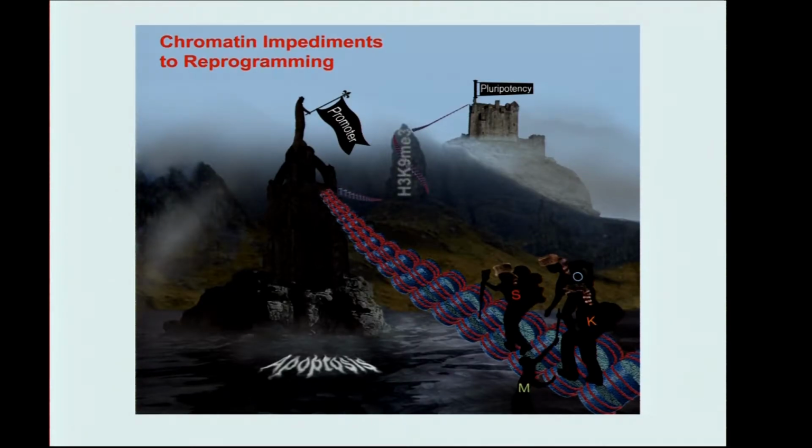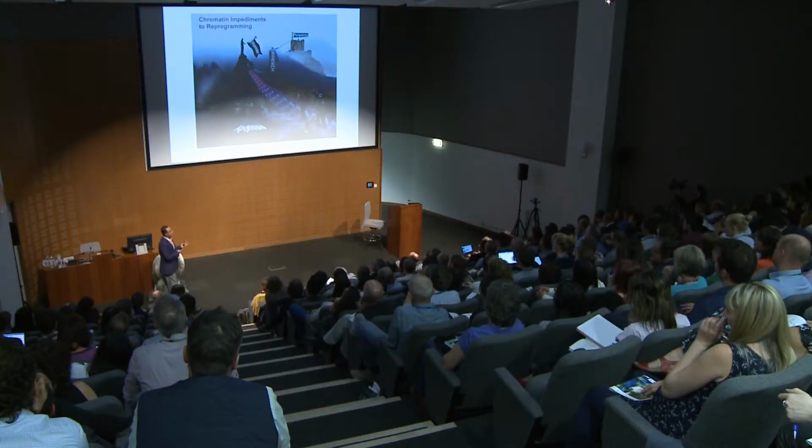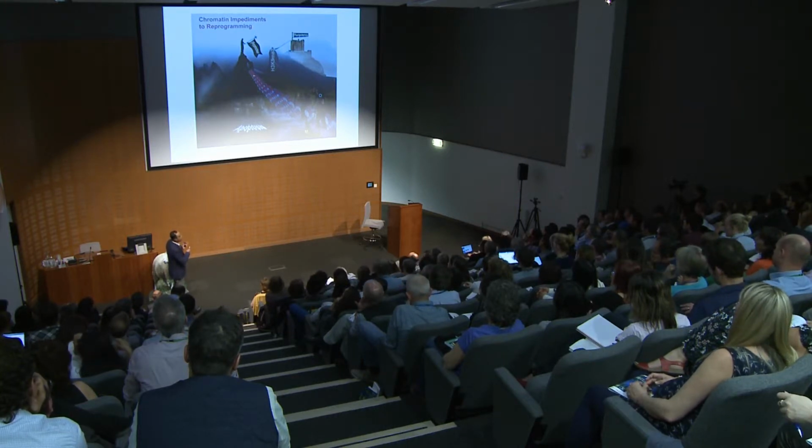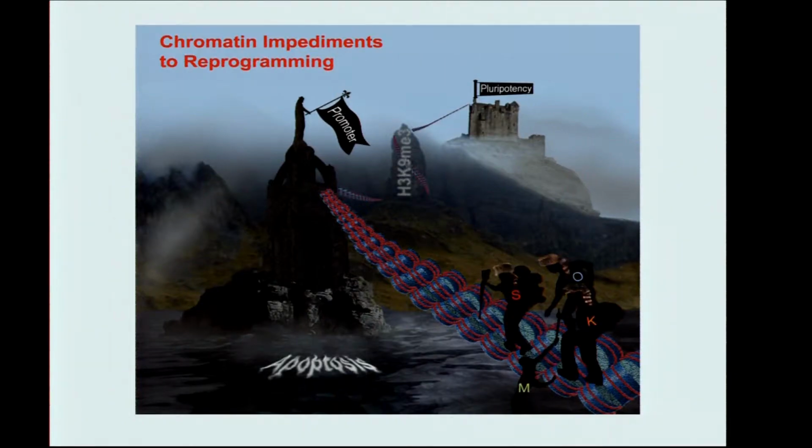So to conclude, what I would like to say by this picture is what we know now is that these OSK factors act like pioneers, and they go to these unexplored closed chromatin sites and assist each other to access them. But they're not very specific. They don't only target pluripotency genes, and they don't access promoters yet. So first, they need to get into the right promoters, and also they need to overcome H3K9 trimethylation and heterochromatin marks in order to reach pluripotency.